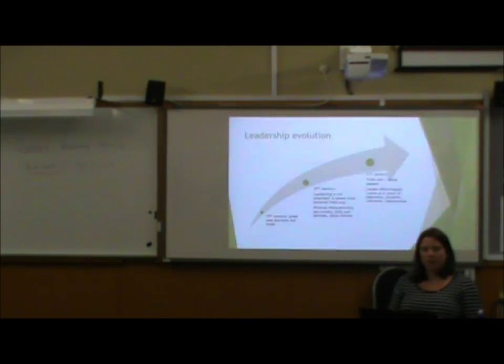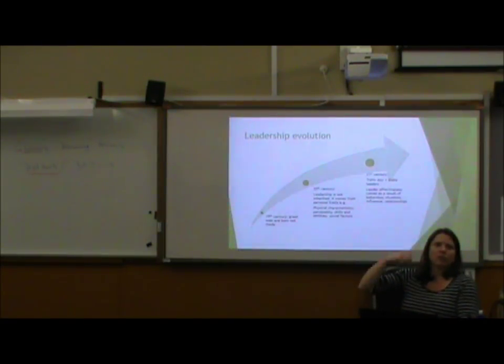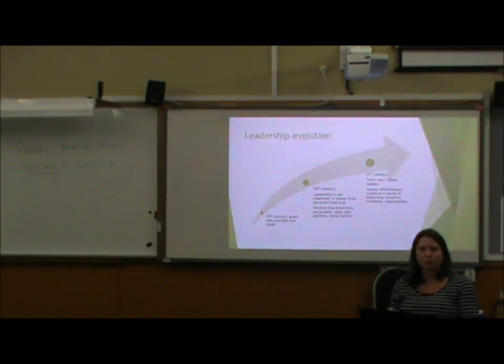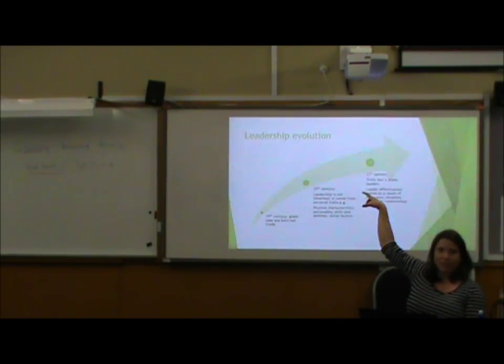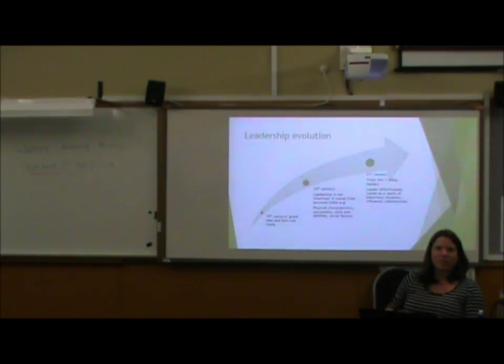And we'll look at the trait theories, but even the research around those has been very contradictory in and of itself. We did then move into the 20th century where we started to look at, sorry, that was the trait theory. We started there to look at physical characteristics, personality, skills, abilities, social factors. So before, it was that you're born into the right family. Then it's that you've got these specific traits. It was even things like height, or age, or personality factors. So it was even quite abstract things about what makes a good leader.